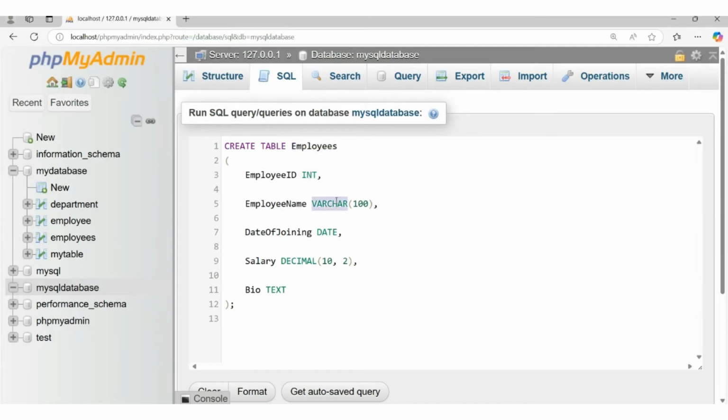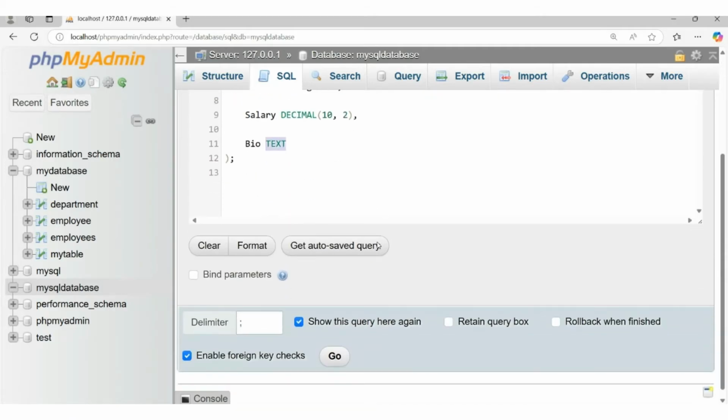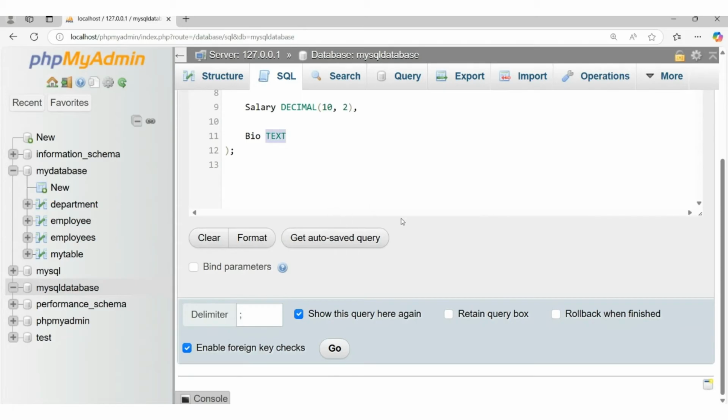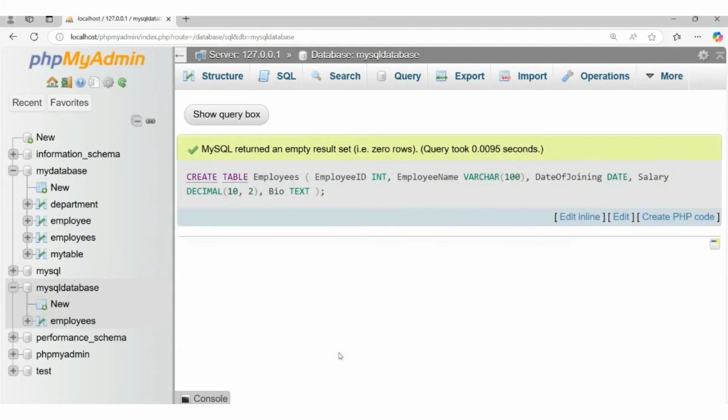Employee ID, which is integer, name, which is varchar, date of joining, which is date, decimal is the data type of salary, and then text is the data type of bio. So I hope when we execute this command, you would see a table inside this MySQL database. If I run this, you can see that the query has been executed in this time, and